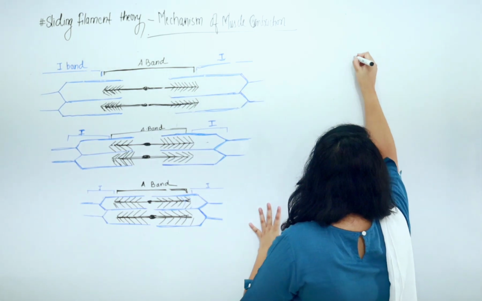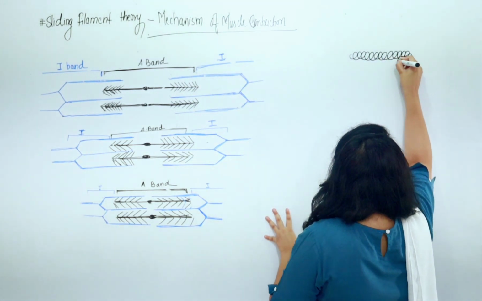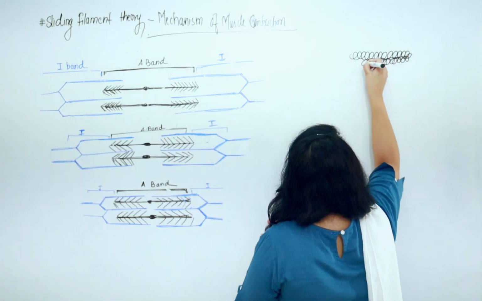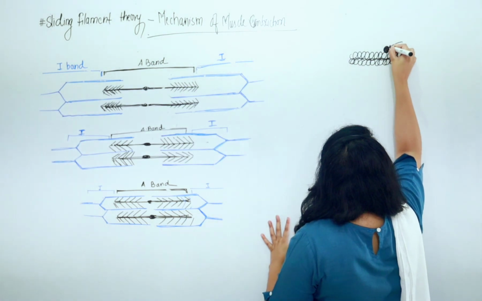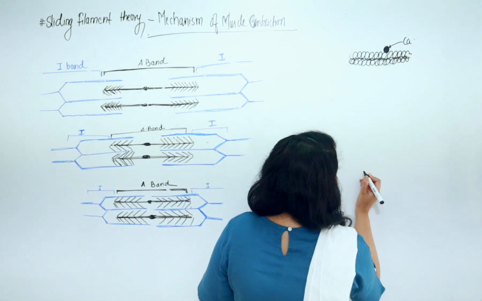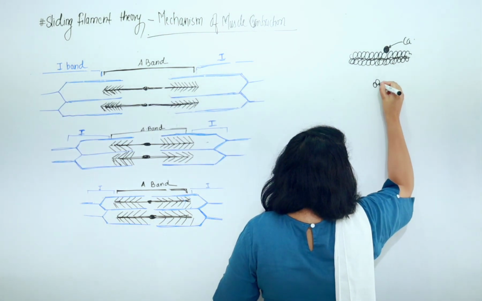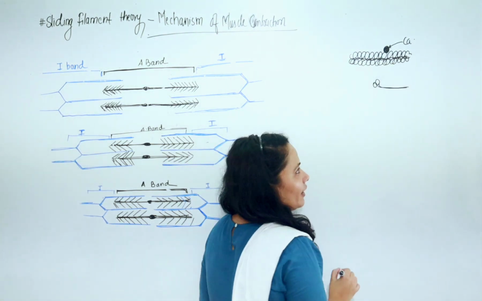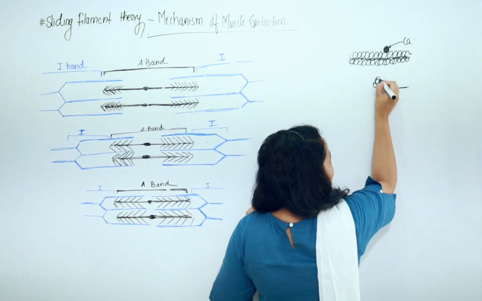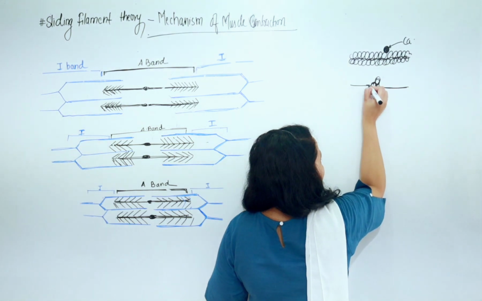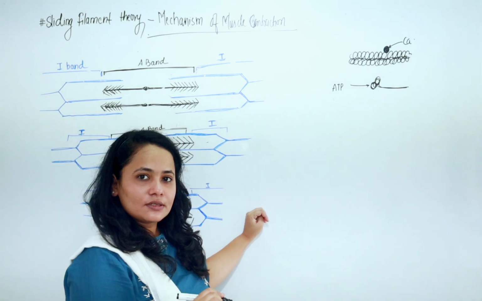Now in your textbook there is a diagram given. Let us see, this is an actin filament to which the calcium ion binds, and here is the myosin filament. Now what binds to this myosin filament? Just now we have done that. ATP binds to this. Now what will happen next?